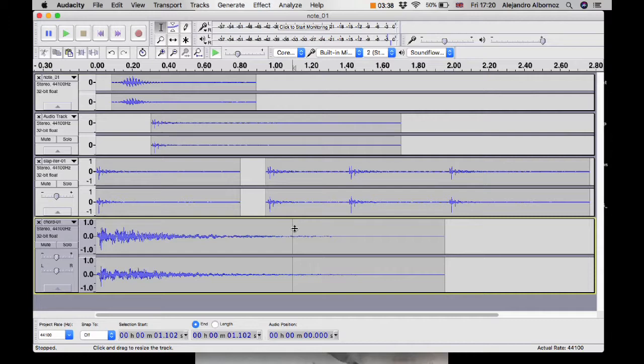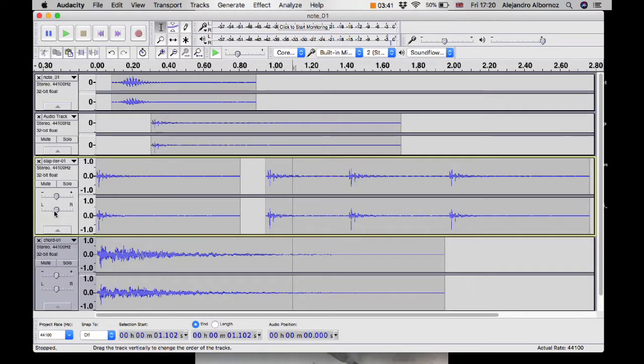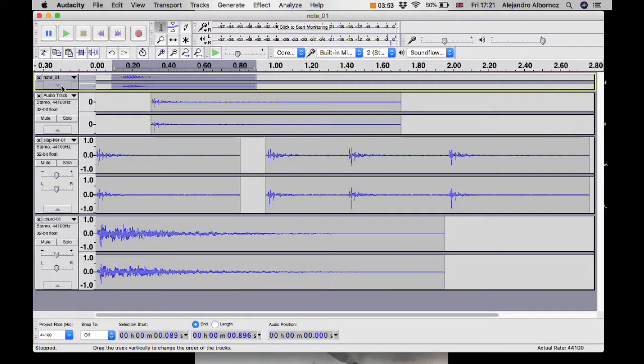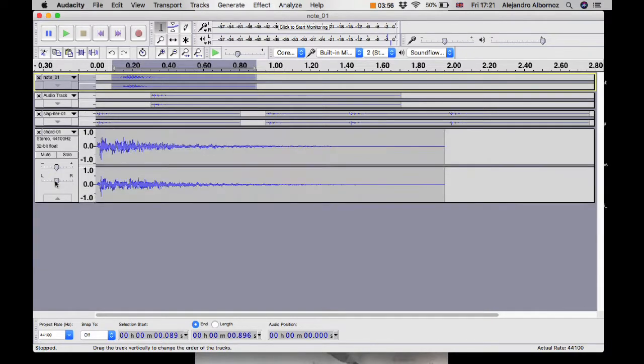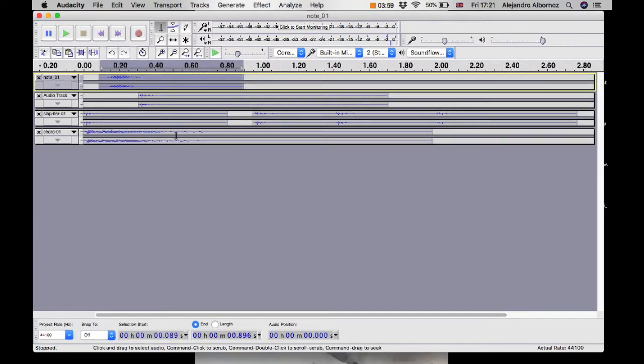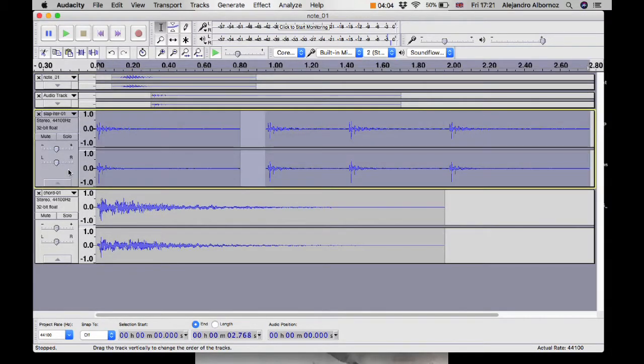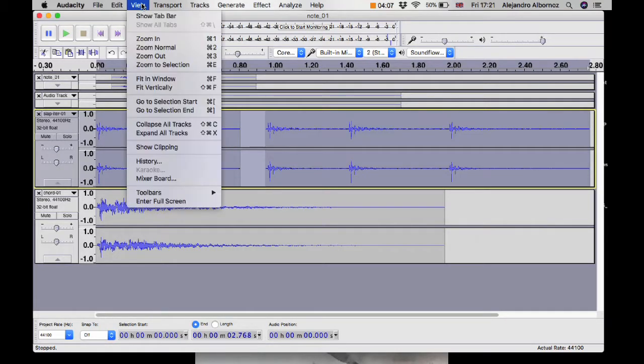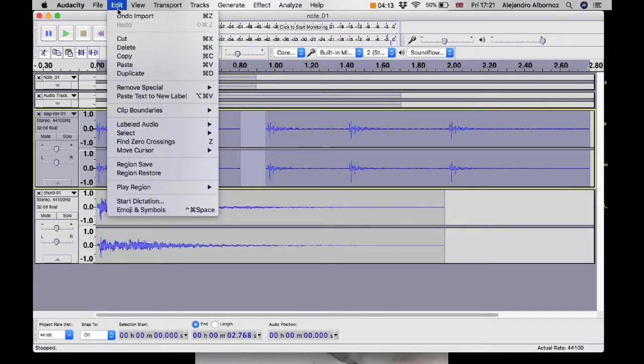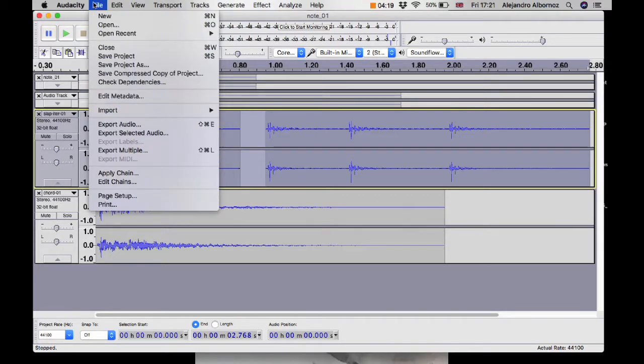An interesting point is to manage the tracks. You can control the panning, the gain, and at the same time you can fold every track to save space and have a more general view, unfold some of them, and so on. You can change the zoom in this menu and do the usual editing processing,